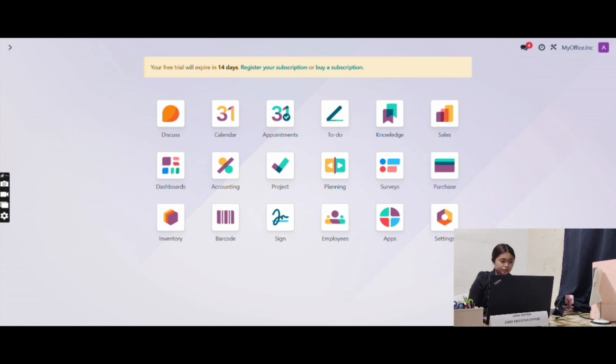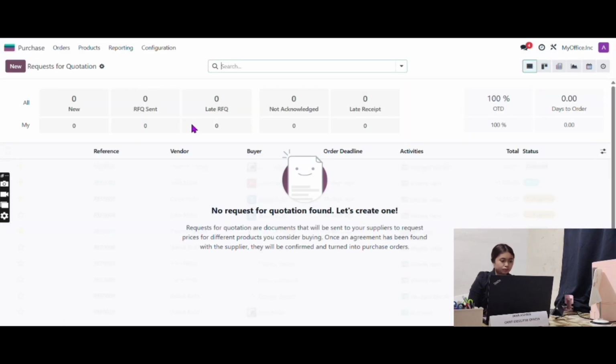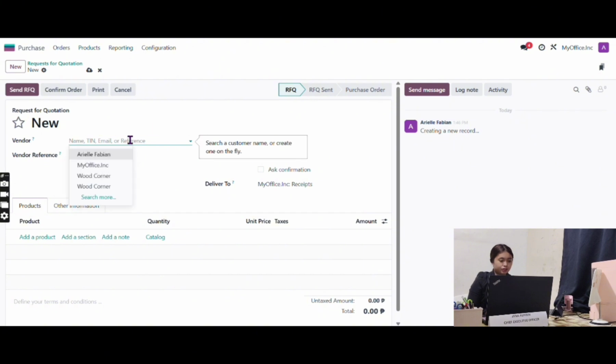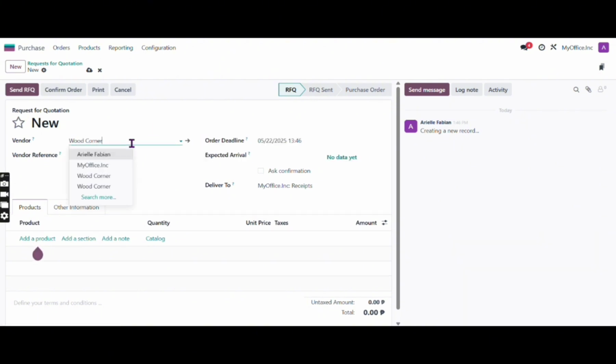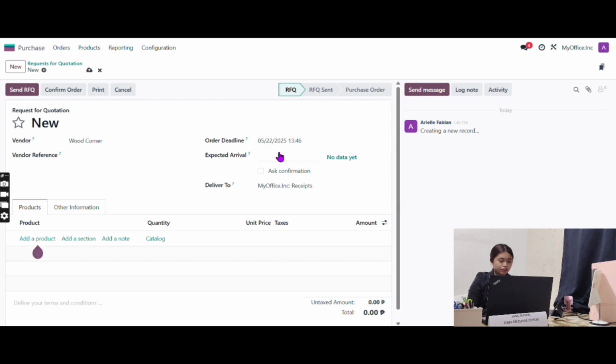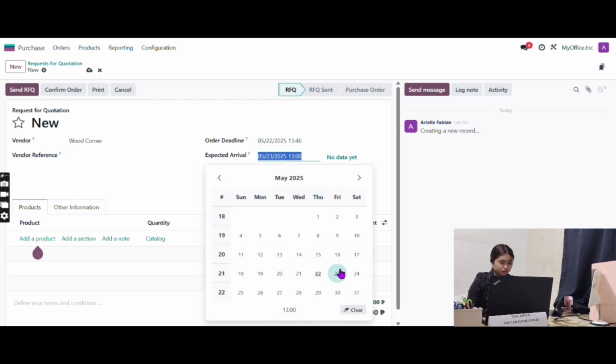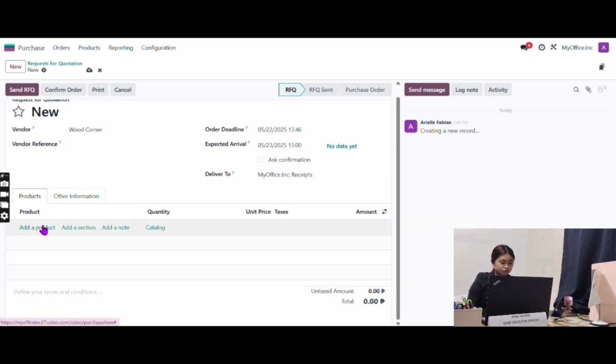And now go to purchase, click new, and click Wood Corner. And then set the expected arrival and add a product.